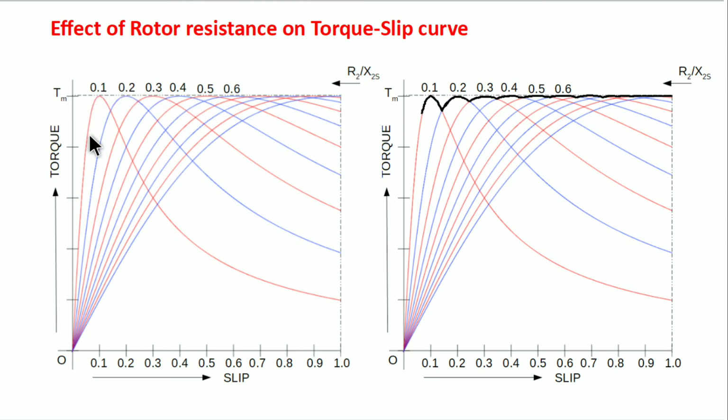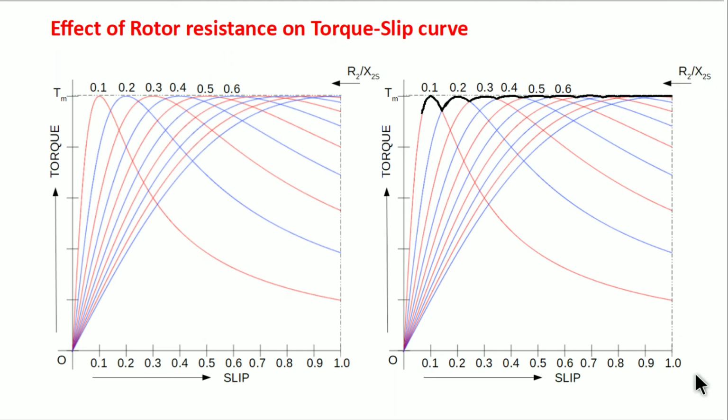Under running condition, all the resistance of the external circuit is cut off and the motor works on the normal first curve. In this diagram you can clearly see, for various values of resistance, the motor has slip equal to 1 at the time of starting. The resistance added to the rotor circuit is such that rotor resistance becomes equal to rotor reactance. Some additional resistance is added, and we get maximum torque.